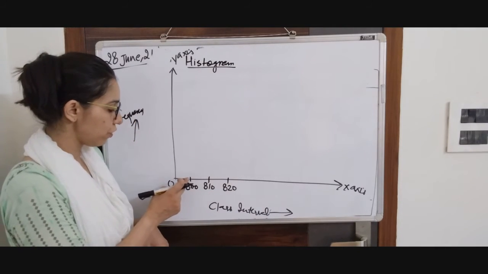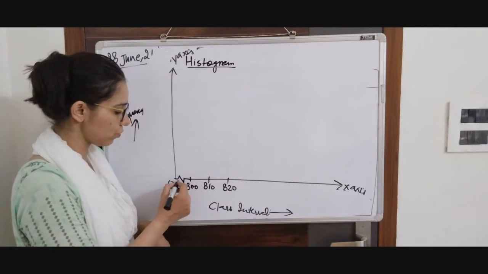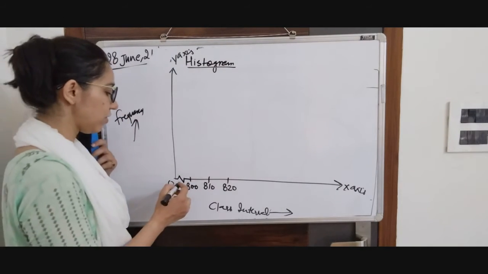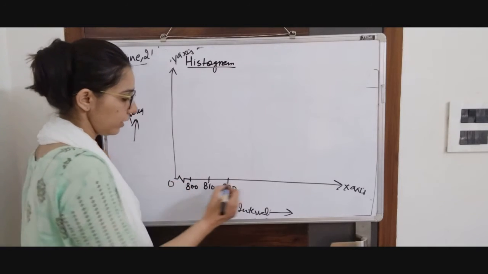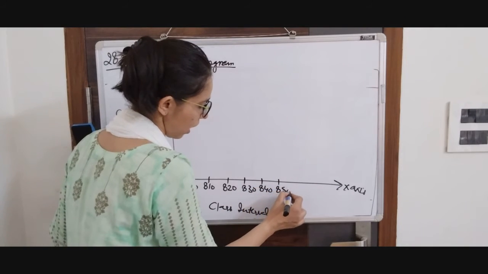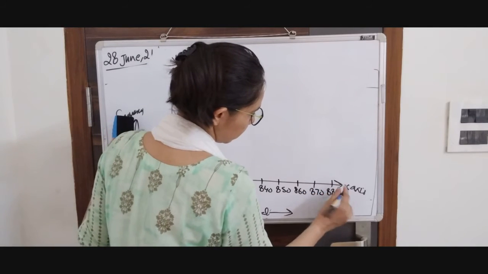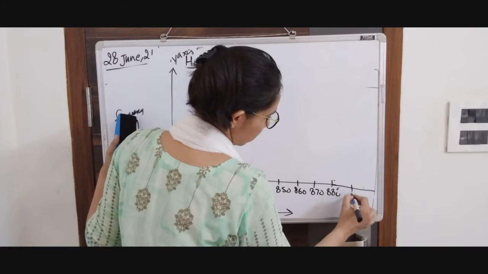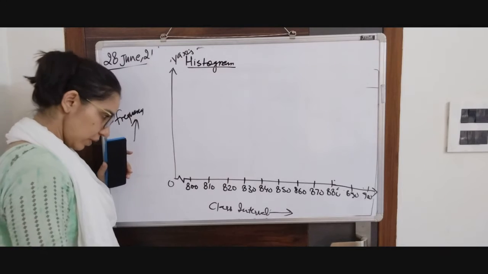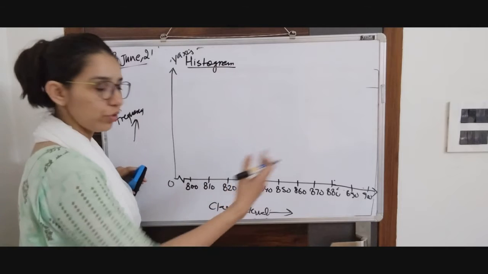What we will do, we will use that jagged line or that broken line we discussed. So this broken line is used when our scale is not working. So here our scale is not working, we will use the broken line and write 800, 810, 820, 830, 840, 850 up to 900. So this is our x-axis. Unlike a bar graph, we don't leave gaps here because data is continuous.